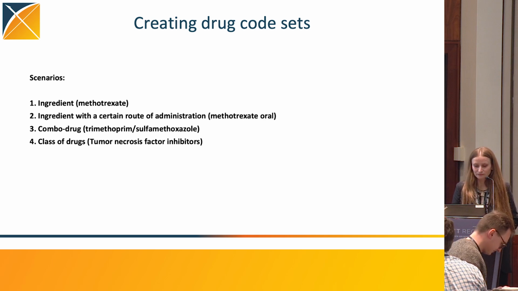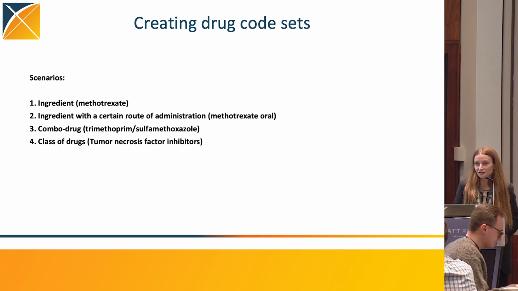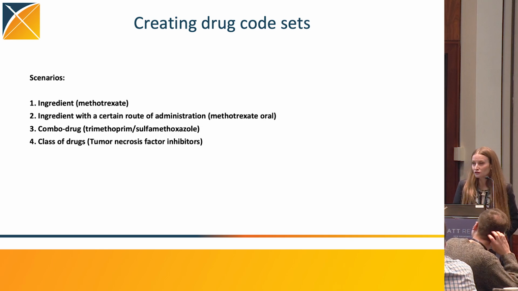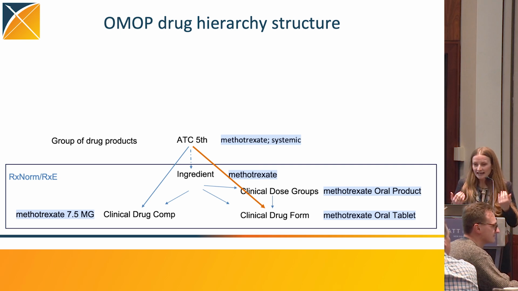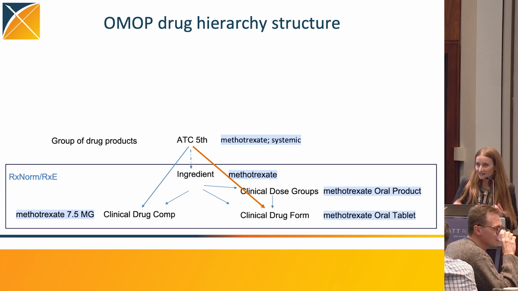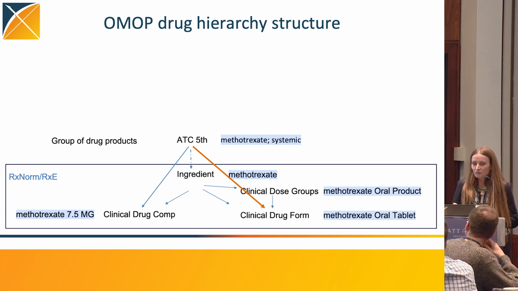So let's move forward. The first scenario will be to create a drug code set that contains class of drugs. In our example, it will be tumor necrosis factor inhibitors. But before we proceed, let's recall what is OMOP drug hierarchy. We know that the core, the heart of the OMOP hierarchy is the ATC, Anatomical Therapeutic Chemical Classification for the drugs. ATC groups drugs under classes and classifies them by therapeutic use. It contains five levels of granularity,